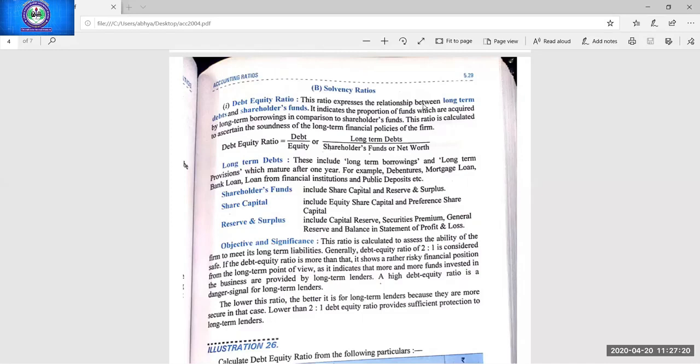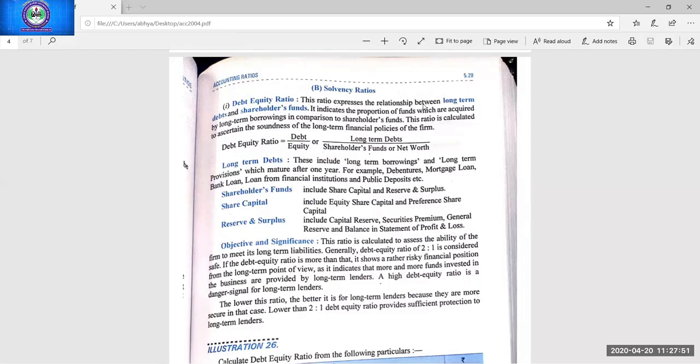So the ratio formula you can write, debt equity ratio is equal to debt upon equity. That I have already explained. Debt means only the non-current liabilities, not the current liability. Equity means shareholder funds. And in balance sheet, please write down on the formulas, otherwise there will be difficulty. Shareholder funds, we did 3 subheads in chapter 1. Share capital, reserve and surplus.